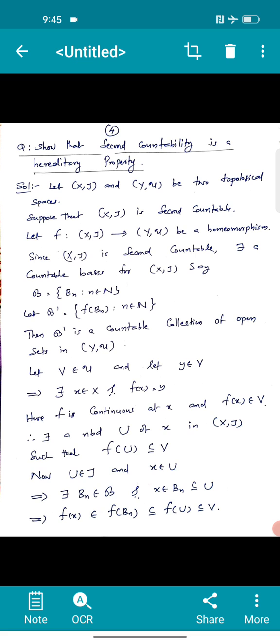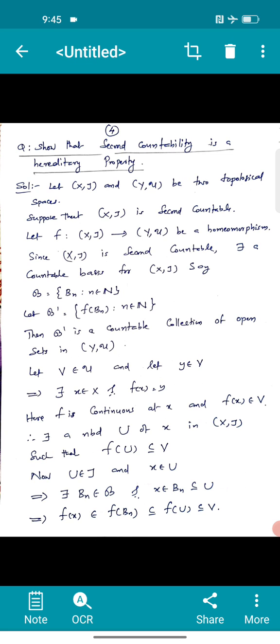This implies there exists x in X1 such that f(x) = y. Here f is continuous at x and f(x) is in V. Therefore there is a neighborhood U of x in X1 such that f(U) ⊆ V. Now U is in tau